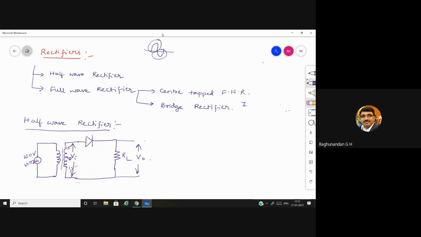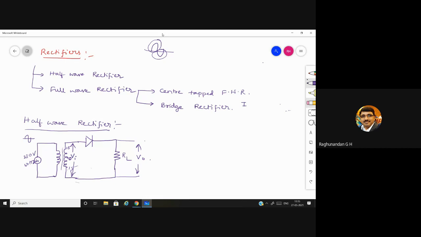That's why even if we touch the pin, we will not get a shock, because it is already converted to DC, and it is stepped down to 5 volts or 10 volts or 12 volts, which will not affect us. Fine. So coming to this, as I told, the ratings depend upon the number of turns. So based upon the requirement, the number of turns of the coil will be designed. So that kind of transformer we are going to consider.